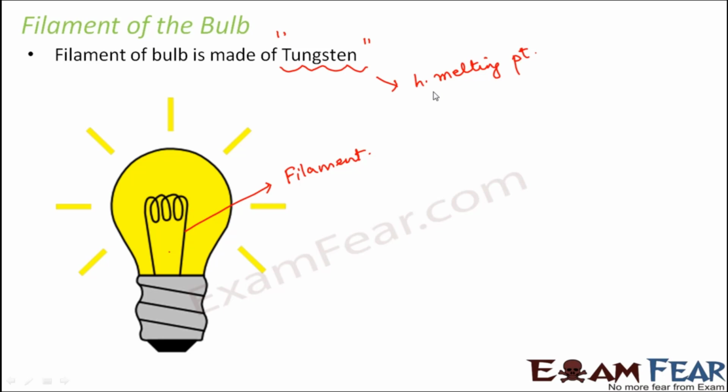So this is very important. Because of this reason, tungsten is used in the filament of a bulb, because if we use any other metal, as soon as current starts flowing through the filament, that other metal will melt, and when it melts, obviously it will break. The filament will break and there will be no light produced. So that's why tungsten is specifically chosen to be the filament of the bulb. So that's how the bulb works.